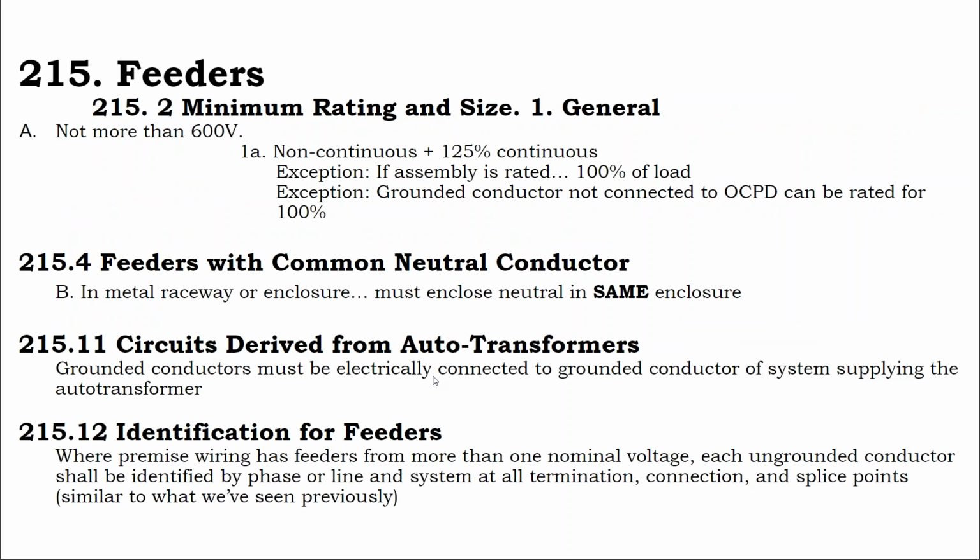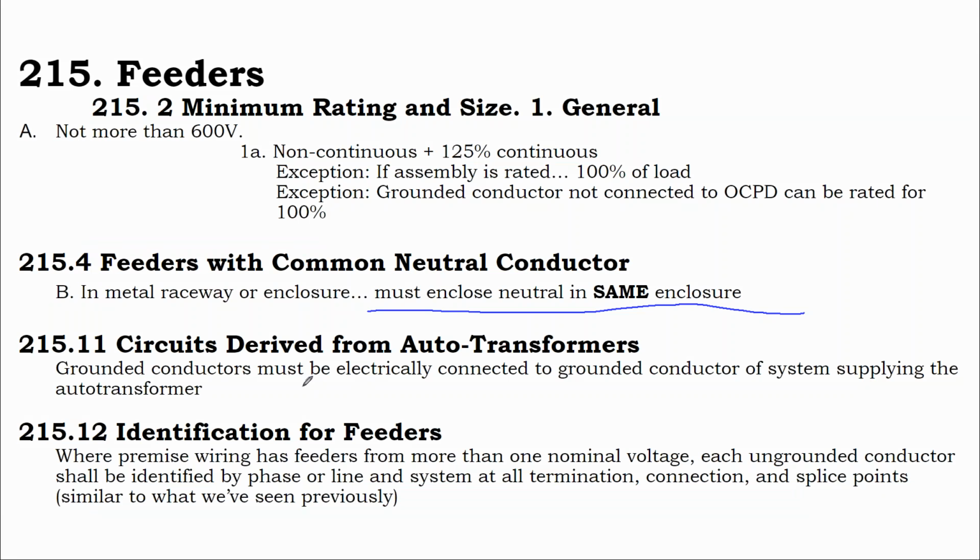So then we get into feeder circuits. So we said feeder circuits are what supply a building with power. They're rated for non-continuous loads plus 125% of continuous loads. Well, it's pretty standard stuff, and really there shouldn't be much interesting, special cases going on with feeder circuits. So the neutral wire has to be in the same enclosure